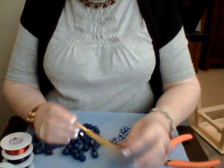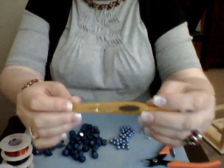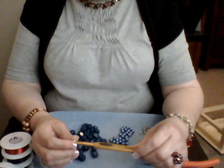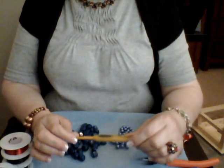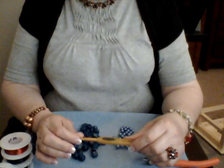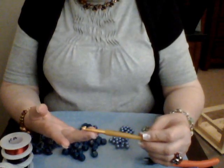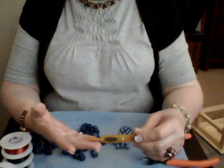Like I said, it's a size J. It says there, size J, 6.0mm. And I don't recommend that you use a bigger size. You could use a smaller size if you want, but don't go more than one size smaller, because it will make your chain stitches too tight, and it will make your necklace more prone to break, so I just recommend that this is a good size. It will make a nice size of loop, and you'll see once we start working with this one,